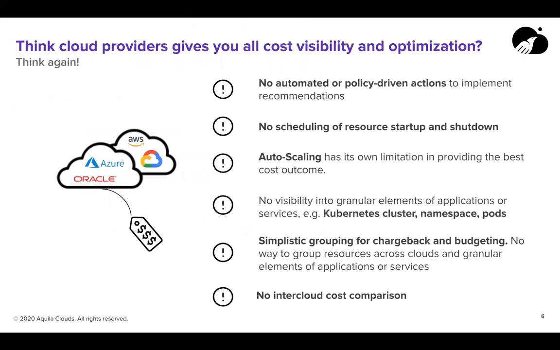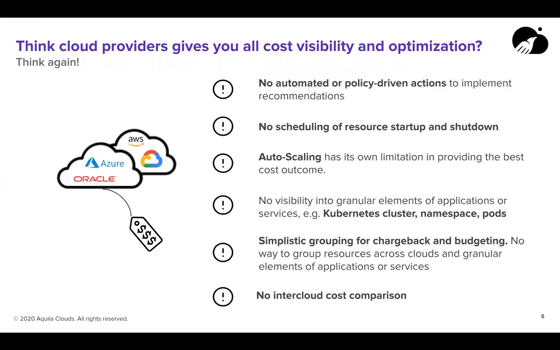So as I said, cloud providers may be providing the visibility of cloud usage and some optimization strategies to you, and yet does it suffice? The answer is no. The cloud providers do not provide you with automation to implement the recommendations. For example, right-sizing an instance can take a significant amount of work for the cloud ops staff.